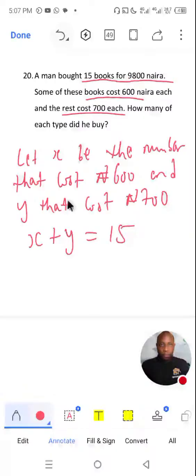So how do you get the total cost? You are going to multiply the number of books that cost 600 naira. So you do x times 600, because x books cost 600 naira. So for us to get the equation that has the total cost, you are going to do this, then plus